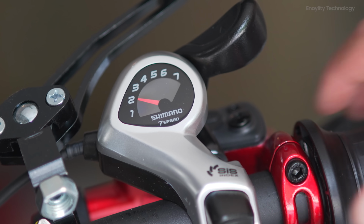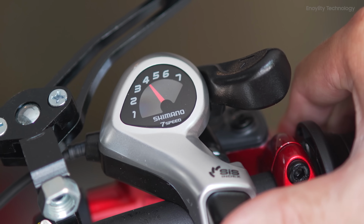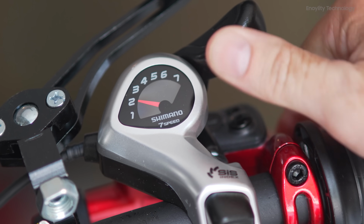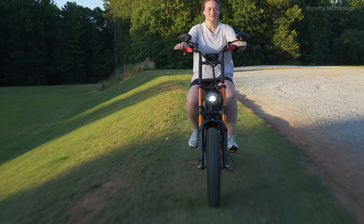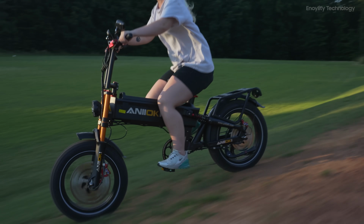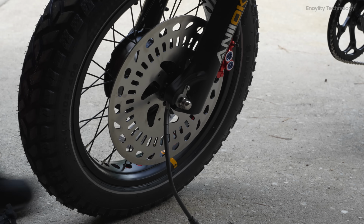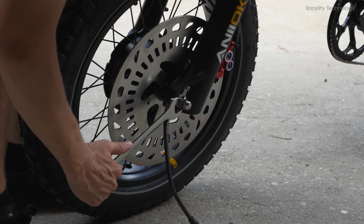The A8 Pro Max comes with a Shimano 7-speed rear derailleur, providing smooth and reliable gear shifts for various riding conditions. The pedal assist system offers 5 levels of assistance, allowing riders to choose the level of support that best suits their needs. Safety is paramount, and the A8 Pro Max delivers with different sizes of disc